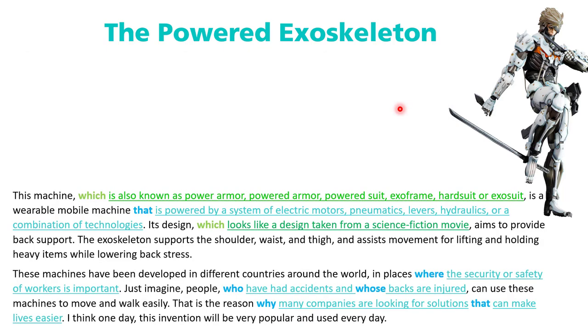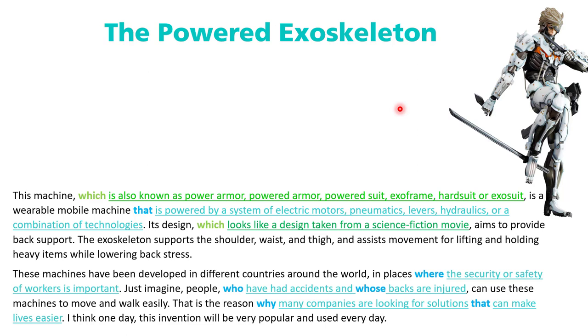Okay, now we're going to check some information about the powered exoskeleton. This machine, which is also known as a power armor, power suit, exoframe, hard suit, or exosuit, is a wearable mobile machine that is powered by a system of electric motors, pneumatics, levers, hydraulics, or a combination of technologies. It's designed with a look like a design taken from a science fiction movie and supervised back support. The exoskeleton supports the shoulder, waist, and the thigh and assists movement for lifting and holding heavy items while lowering